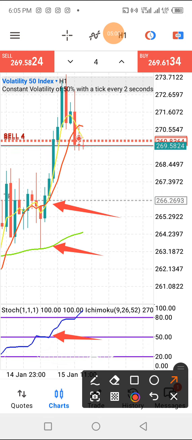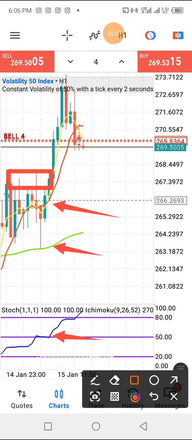Indicating that price will definitely push up. So all we wanted to see is a breakout from the range, because when you look at this point here, you notice that there are series of rejection. So before you take such a trade, immediately you notice price break above it, then you can enter, then scalp,